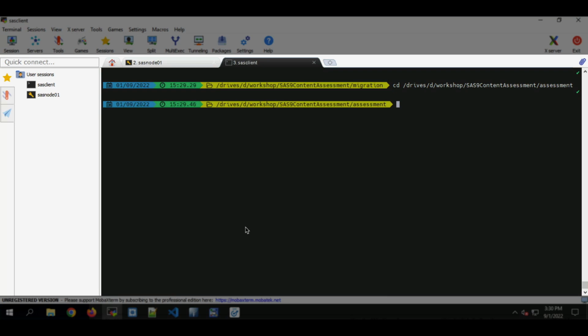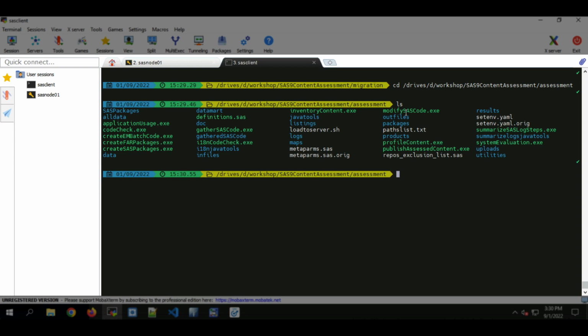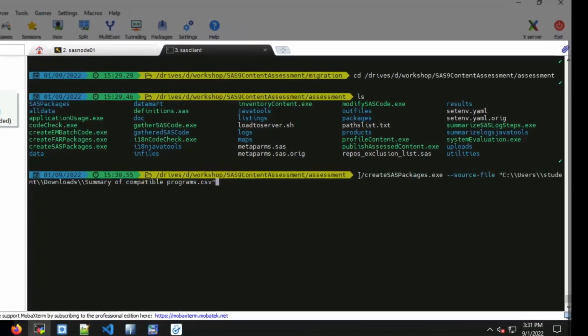I can use traditional methods like Management Console or the Platform Object Framework, but I'm not going to demo that. I'm going to demo using the Create SAS Packages application that's delivered with Content Assessment. Create SAS Packages is for objects you want to migrate from SAS 9 to VIA. It currently supports Data Integration Studio jobs and stored processes. It's a command line tool. It's available inside the Content Assessment directory. It has to be installed on the same machine as SAS 9.4 Foundation and SAS 9.4 Platform Object Framework. And it's very easy to use.